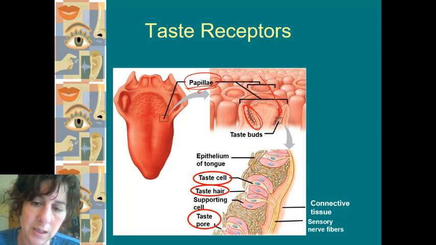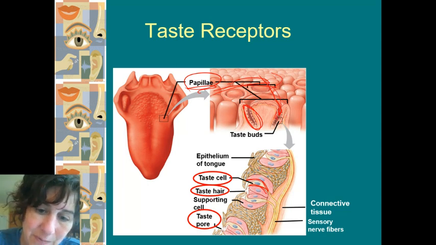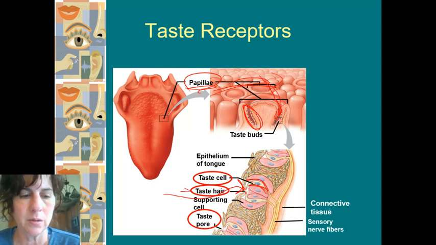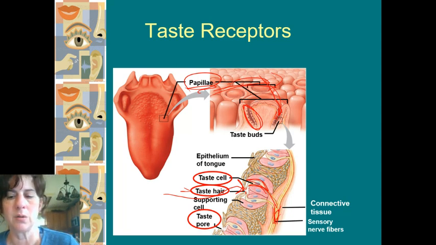I can see pink and yellow in here. The support cells are the pink ones, the epithelial cells around it. So all of these things are supporting. The ones doing the work of picking up on this are in yellow in this picture, and they have little hairs. So chemicals flow in the groove, and then they have to flow into that little pore right there and come in contact with the ends of those taste cells where the taste hairs are located. Those bind the chemicals and set off a chain of reactions that sends the impulse along those nerves.